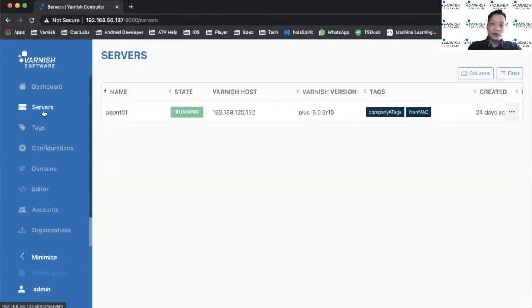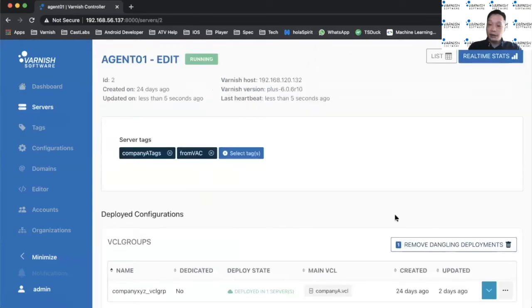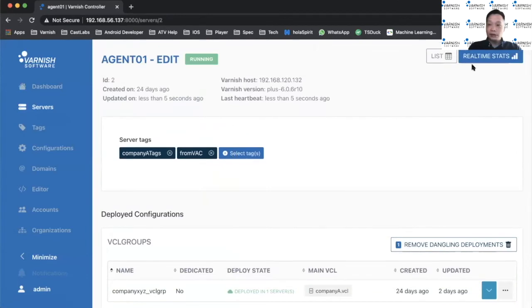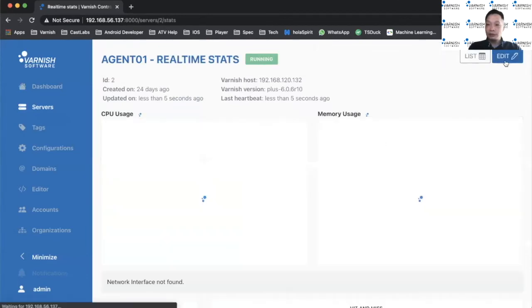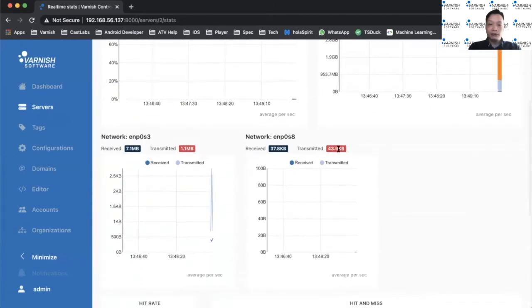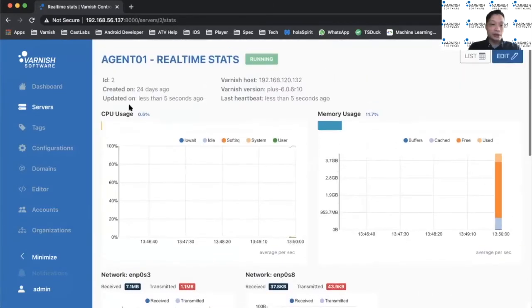So from the server node, I can see my 132 Varnish cache. Okay, it is running. And from here, I can check the status of that machine as well. Okay, it is in real time. You can see how much memory is used and the bandwidth used by the machine.